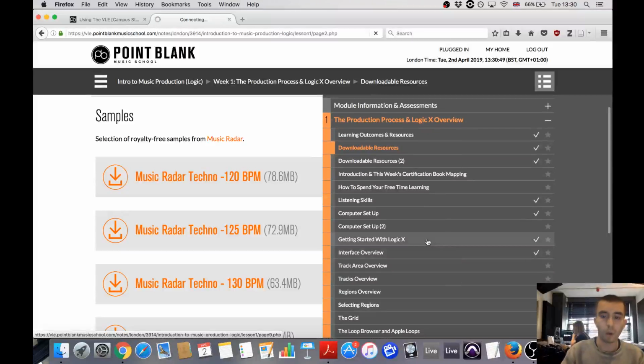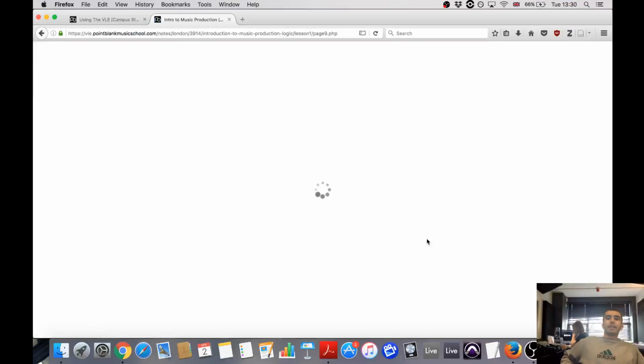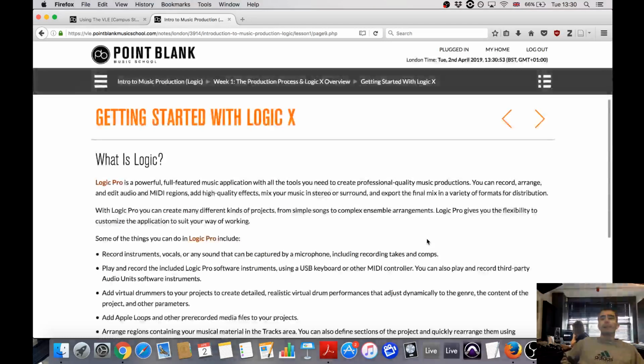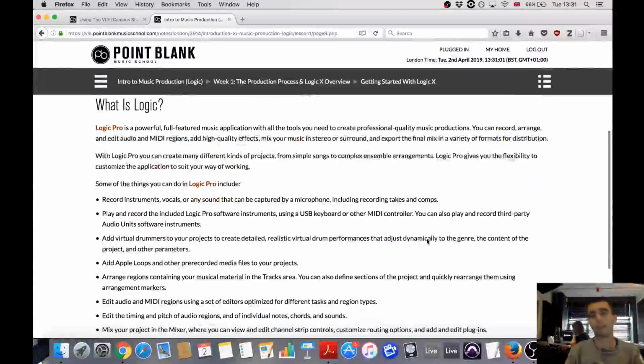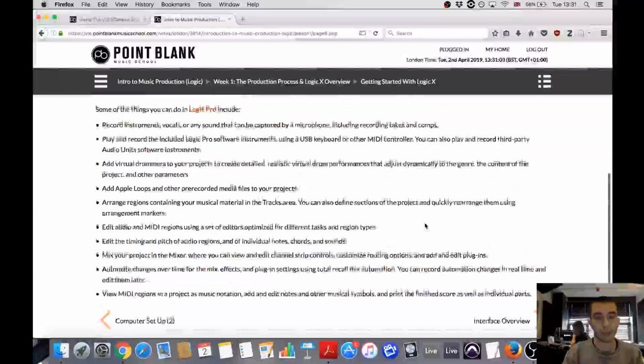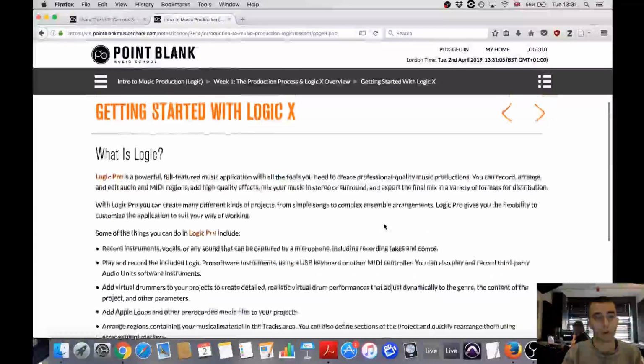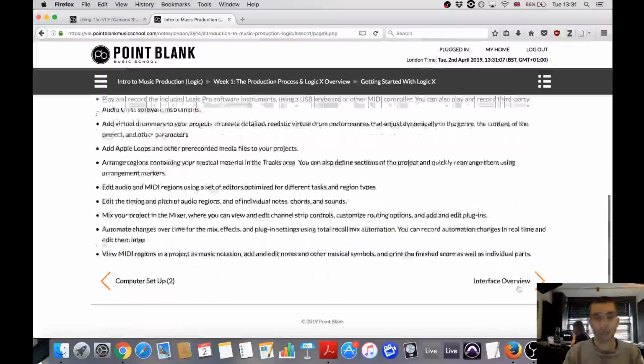So let's look at what a page of course notes looks like. Now these are designed to supplement your learning. It's a good idea after you've had a lecture or a lesson with your lecturer to go home and read through the notes just to make sure you really understand what was covered, and you can work on these in your own time. So yeah, all the course notes are here.